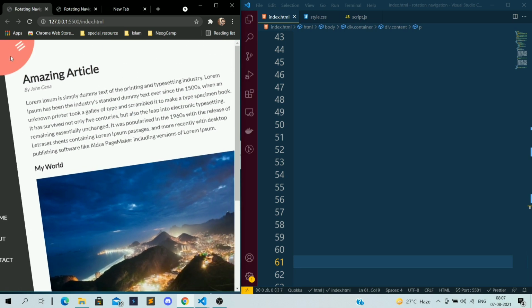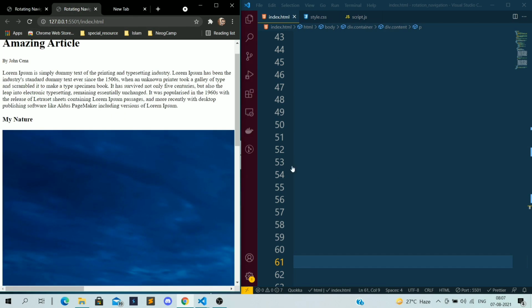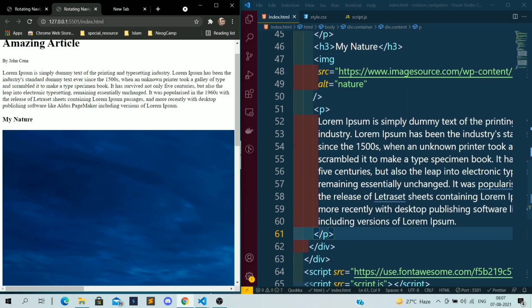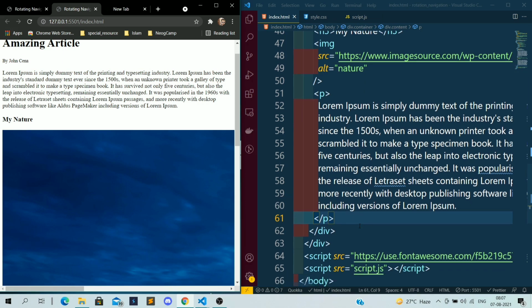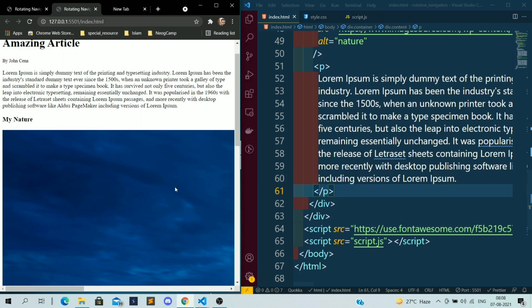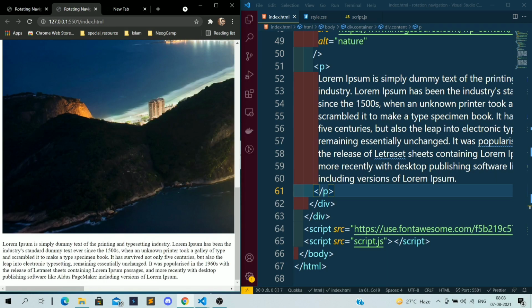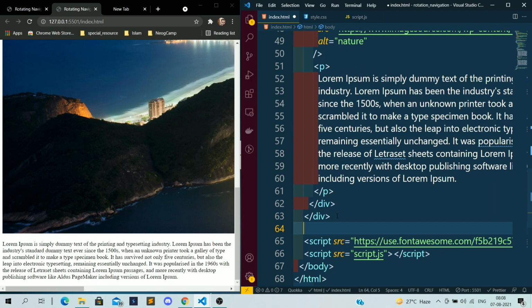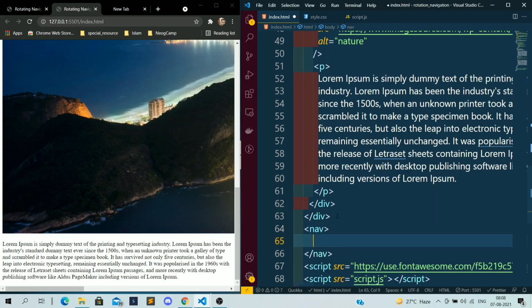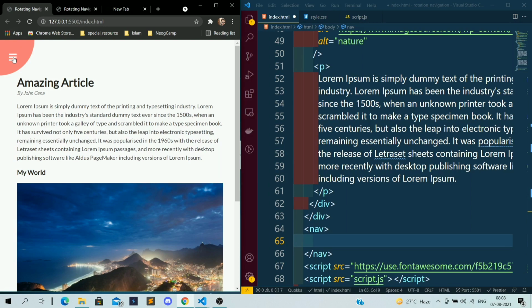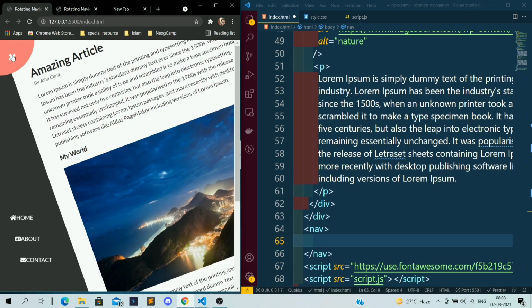Yeah, so I've added this paragraph again. So this is enough for content. If you see, the paragraph will come here. Now I want to add a navigation. So after this div, after this main content, I want one nav bar. This nav bar will come when we click on the dash button. If you see the main project, this nav bar will only come if we click on this dash